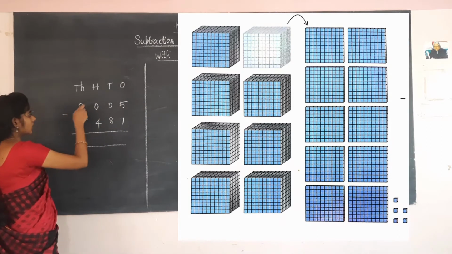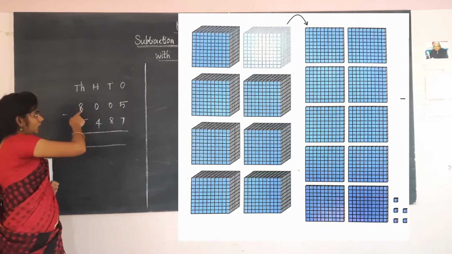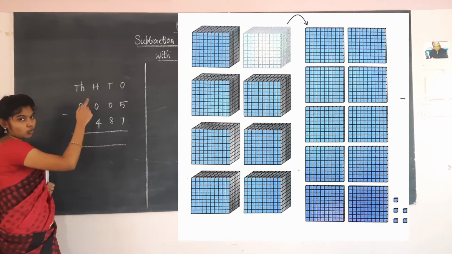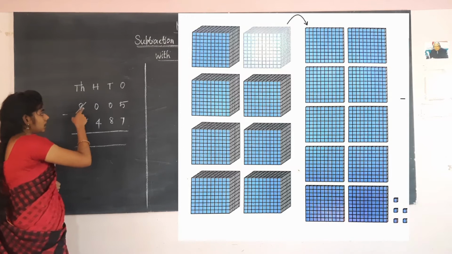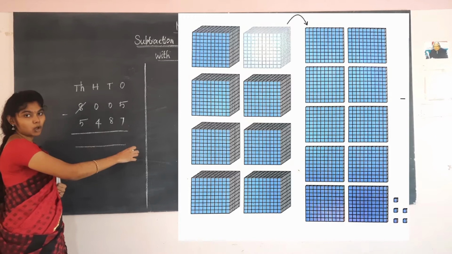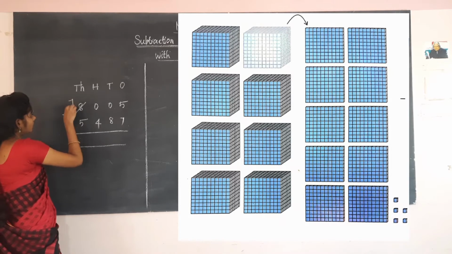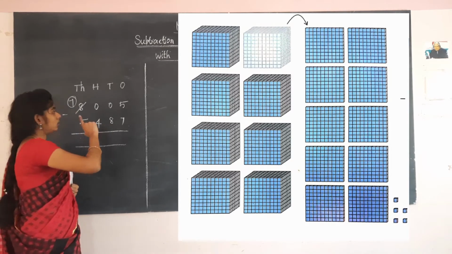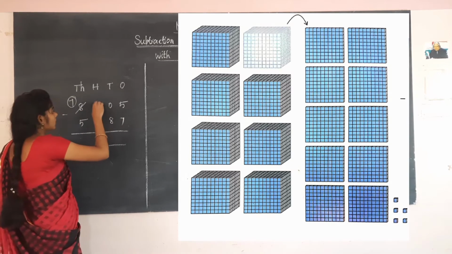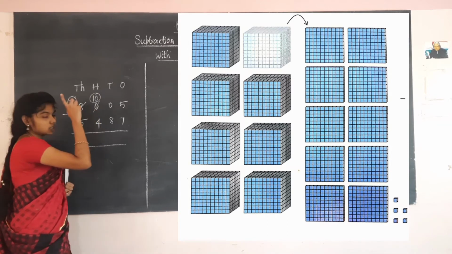That is the same thing. While you are carrying over 1,000, we are borrowing from the thousands place. You take 1 to the hundreds place. That's why I said carry over. Here you are borrowing the number, so you have to cancel the number 8. There are 8 blocks. From those blocks you take 1,000 to the hundreds place, so here will be 7,000. Now you write 1 before the number of hundreds, so cancel 0 and write 10. So there are 10 hundreds now.